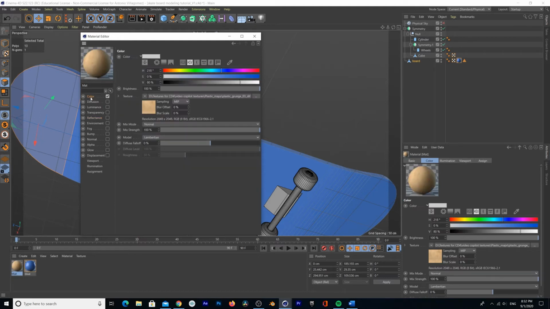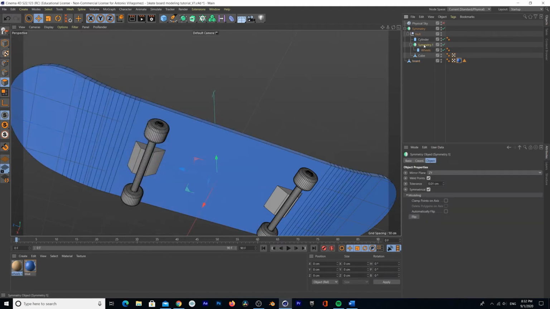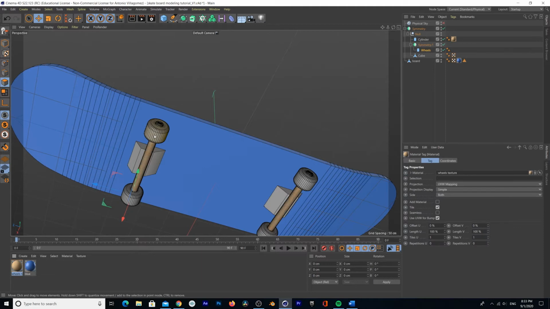So now that we have the color right there, we have our texture uploaded to our color. So we're gonna name these wheels texture, and we're gonna close this. And now we make sure that I select the wheels, and then we're going to drag our texture and drop it right there. And now,